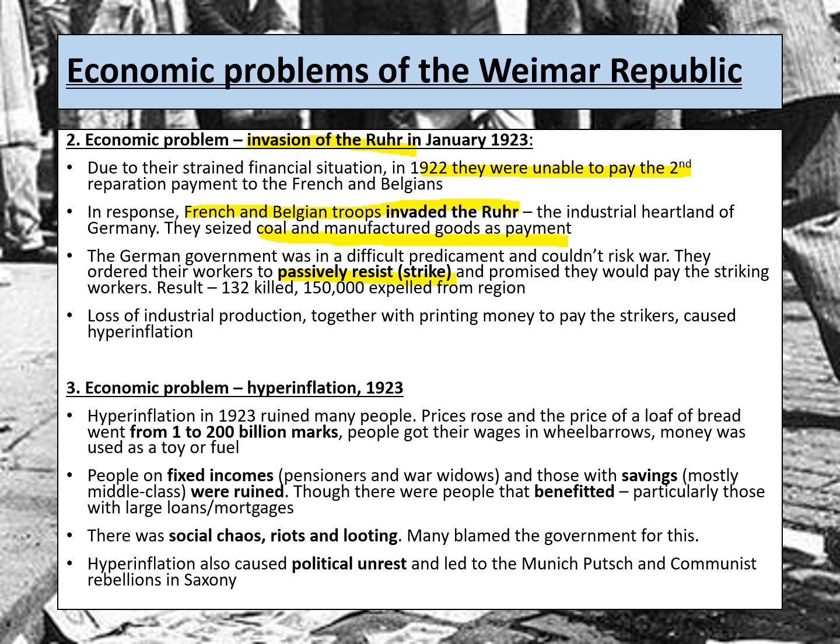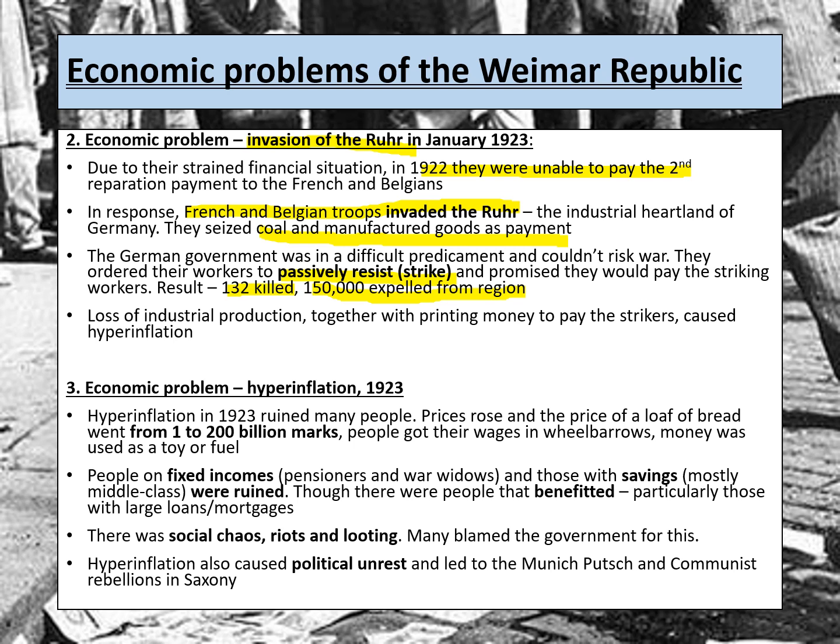But this strike actually did cause further resentment between the Germans and the French and Belgian troops. And as a result, 132 people were actually killed in this, and 150,000 people were expelled from the region as well. So it actually was quite a dangerous event in which a 7-year-old child was also killed.